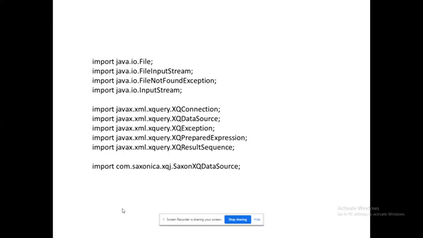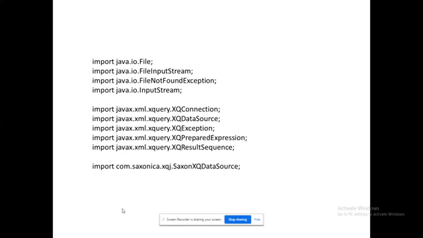That's very simple, right? Further, we mention XQConnection and XQDataSource. The connection identifies the heterogeneous entity, and XQDataSource identifies the corresponding database. To manage exceptions I have XQException, because the database may crash, may not be available, or the database server may be down. In that case, it needs to be managed with an exception. XQPreparedExpression is nothing but your prepared statement, as we see in Java. Like ResultSet, here we have XQResultSequence. Saxon XQDataSource is mandatory for working with the XQuery program, so this last line is necessary.